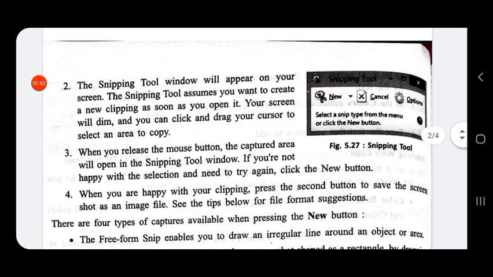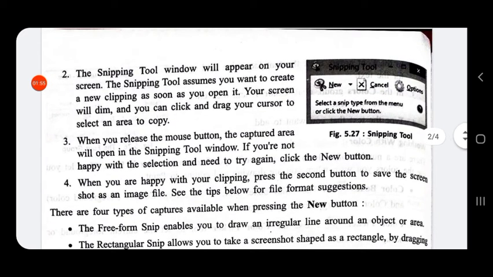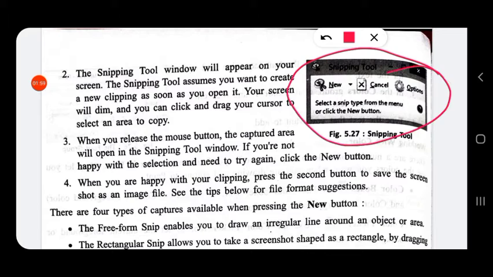Now when we open the snipping tool, the window looks like this. Snipping tool window will appear on your screen. The snipping tool assumes you want to create a new clipping as soon as you open it.